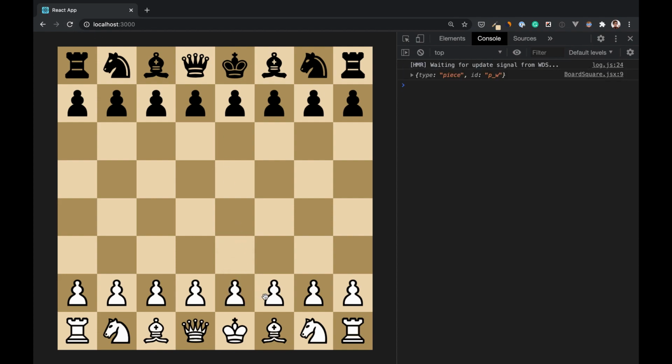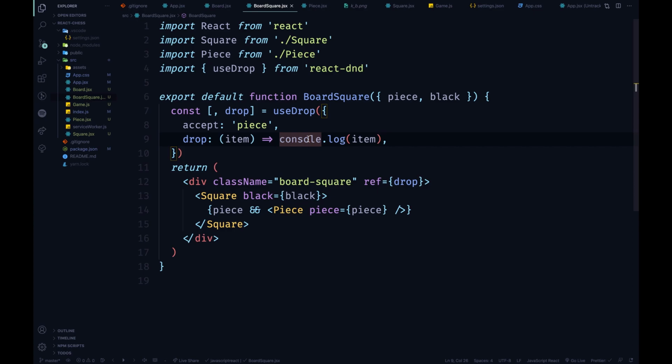No, sorry. So if we drop that piece, you can see that we're having that item and with the ID that we gave them. So in this case the type is piece, and the ID is the one that we gave them. So in this case we have a white knight. So this is working, but here is where we want to execute the move,